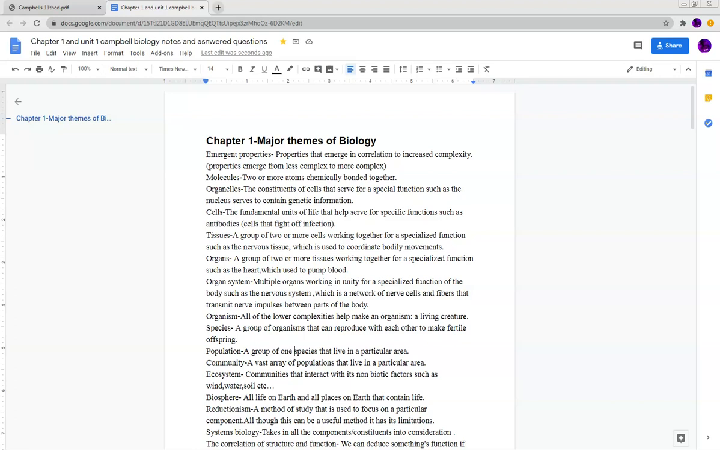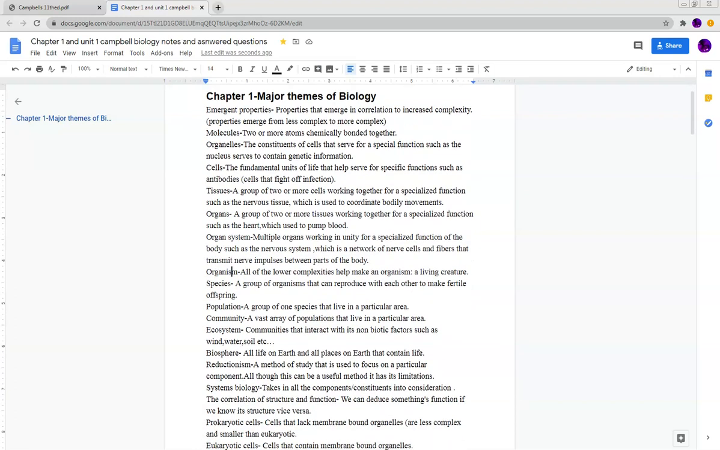Now, as you noticed, I think you probably did, we went from less complex to more complex, obviously, right? Now, reductionism is essentially very suggestive. The name is suggestive. It's a method of study that takes one component of that study into